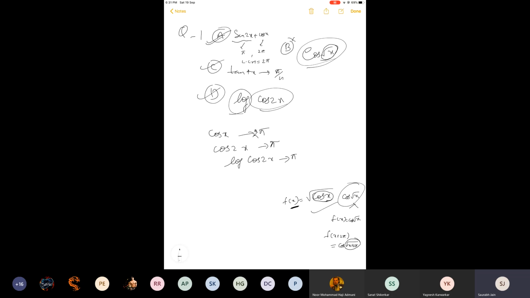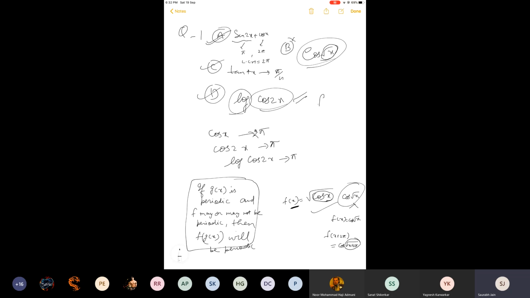Finally, I want to tell one more thing which will be useful for all of you. Because this is related to composite function, you can note this down somewhere. It may not be there in the notes. If g(x) is periodic, and nothing is known about f, f may or may not be periodic, whatever, then f(g(x)) will be periodic. Remember this thing.